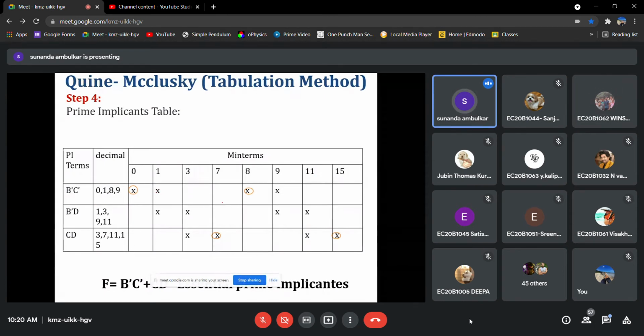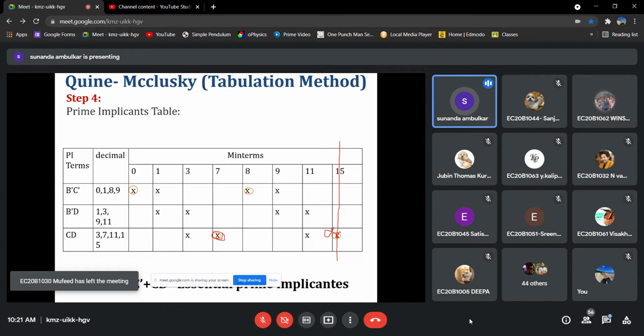Suppose this is not part of this Boolean expression, and we see that only this min term belongs to CD only. Then also we will take this. This is also valid for this. At least we have to find the min terms that belong to only one prime implicant. Whether it is 1, 2, 3, 4, 5, whatever number of min terms belong to it, that doesn't matter. We have to identify those min terms. This is the first level.